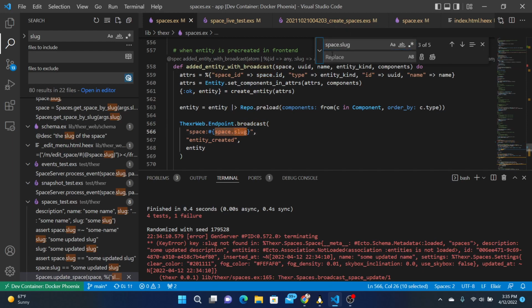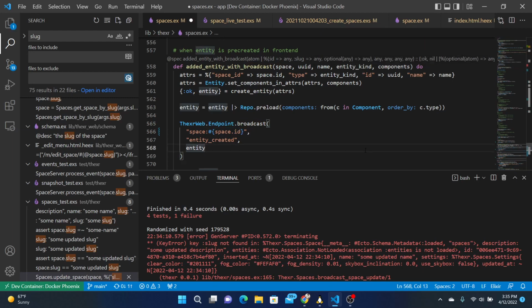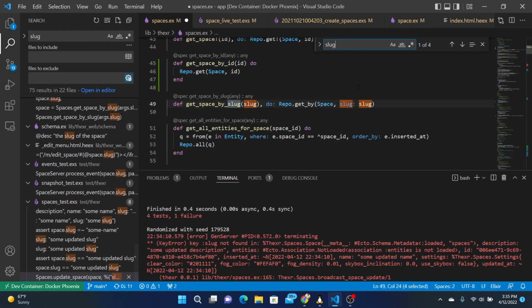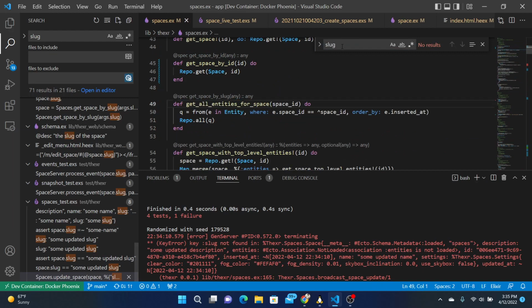There's a couple of them with space dot ID. That'll be the new channel name, even though we're going to remove some of those things out. So any other references to slug? Get space by slug. We'll just get rid of this function. Any others? No.